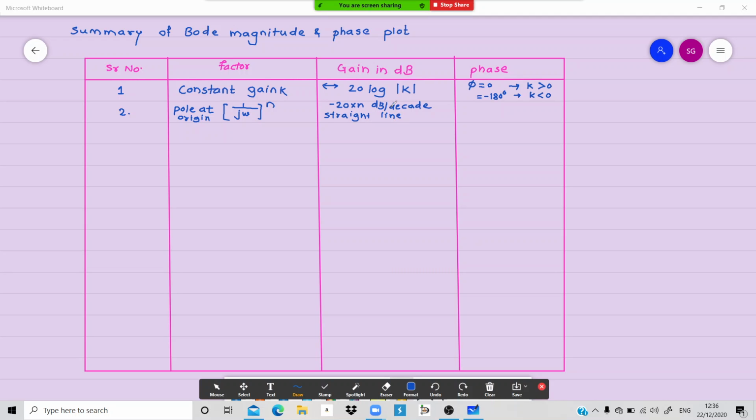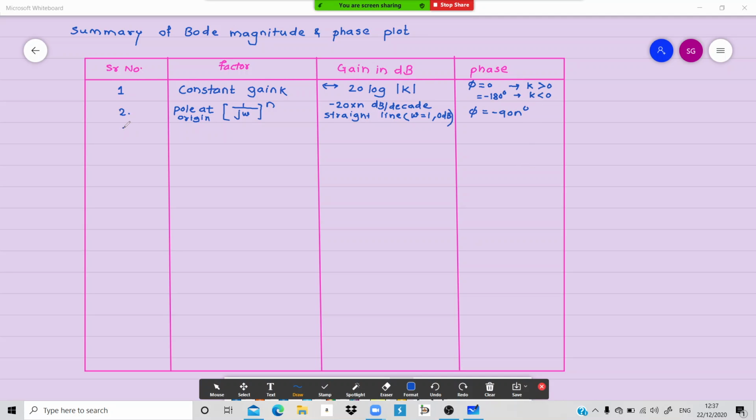It was of this slope, right, and it was passing through omega is equal to 1 on the x-axis, right. It was passing through omega equal to 1, 10 raised to 0, and 0 dB. Yes, very correct. And in that case, the angle was becoming constant, 90 or constant 180 but negative, so it was minus 90 multiplied by n. Very correct. And instead of saying this, I'll write minus 90 n degrees.